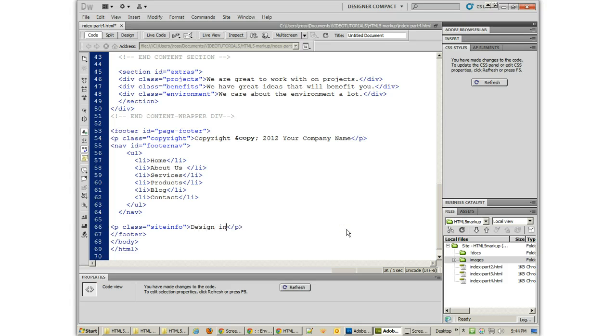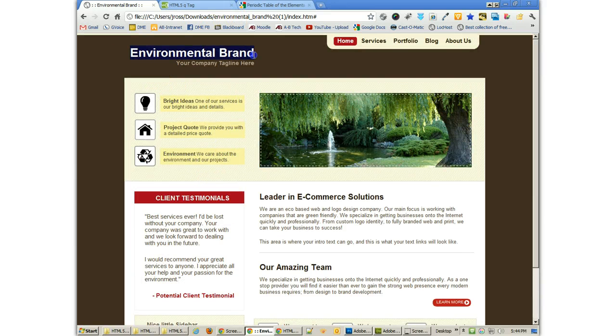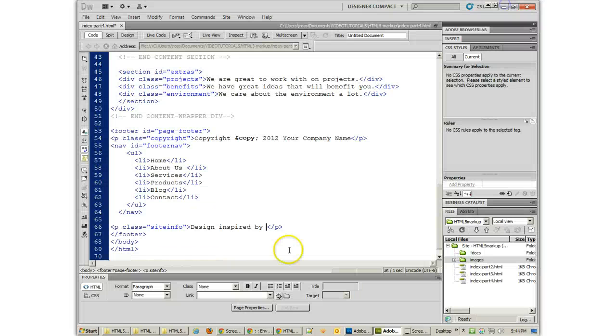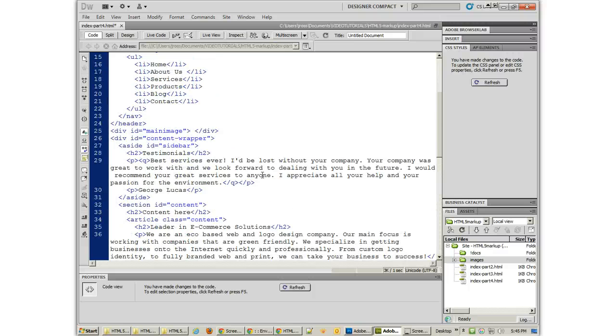design inspired by, and then this particular environmental brand. I'm just putting that in there so I can be nice. And what I do is usually have that be a link that goes to the original website. But we can do that in another time. So anyway, we've got basically